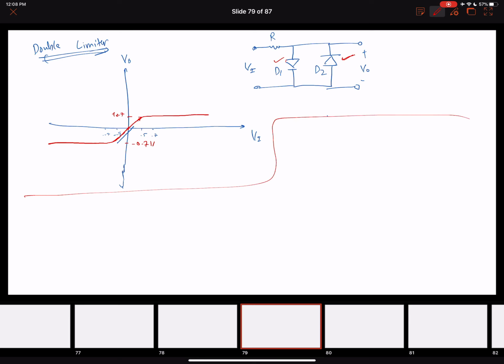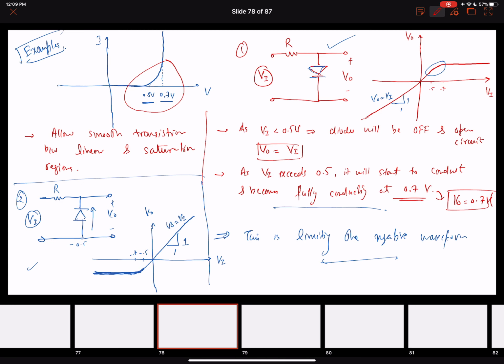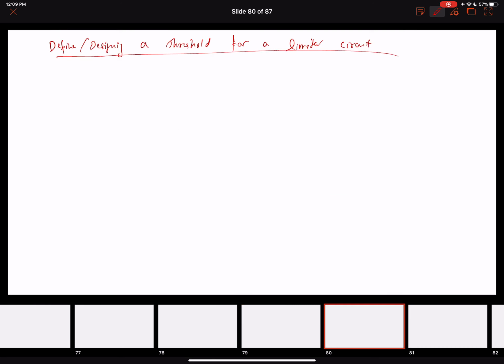Okay, so now we are going to do one more example of this limiter circuit before we wrap up. We can also design a circuit such that we can define our own limiting values, right? So, defining or designing a threshold for a limiter circuit. If you remember, this was a positive limiter with the diode connected here. Let's say I ask you that I need a 1.4 volt positive limiter, how are you going to design that? All you need is this,